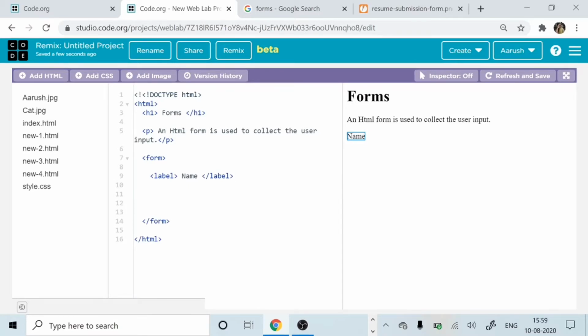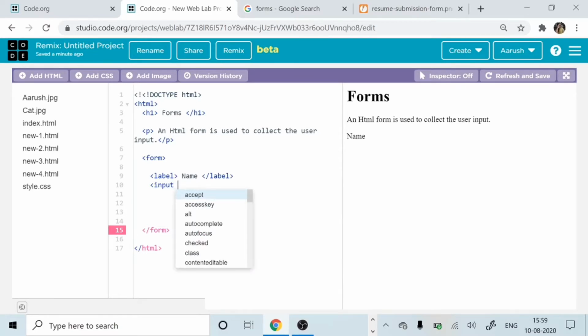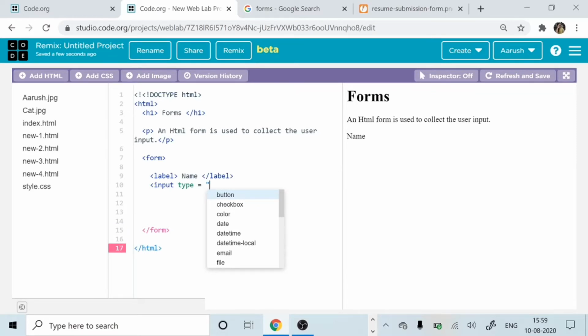Suppose you have to take the input type as text only. So we will go down, we'll start here, we'll say input. See very carefully when you're writing this: input, then you put type, then the equal to sign, and then here you have the options coming: button, checkbox, color, date, time, email, file.